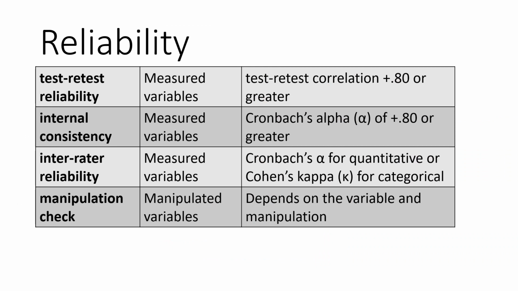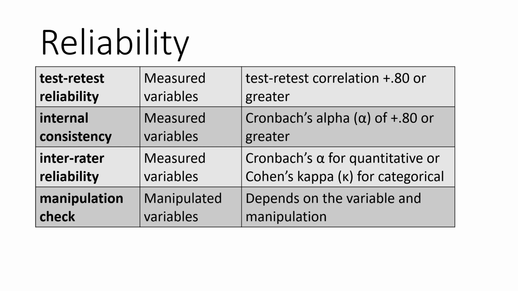So, how do we know if the specific measures or manipulations in a study were reliable? You might remember that there are three types of reliability we consider for measured variables: test-retest, internal consistency, and inter-rater reliability. In a study, they can each be evaluated with a different statistic. We'll focus on looking for whether the article mentions one of those tests: the test-retest correlation, Cronbach's alpha, or Cohen's